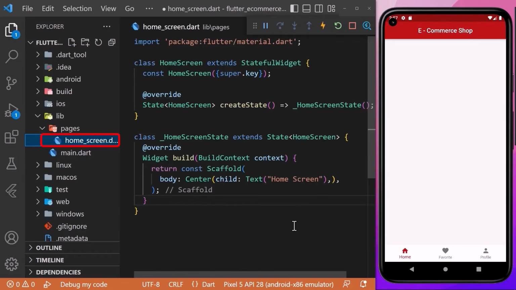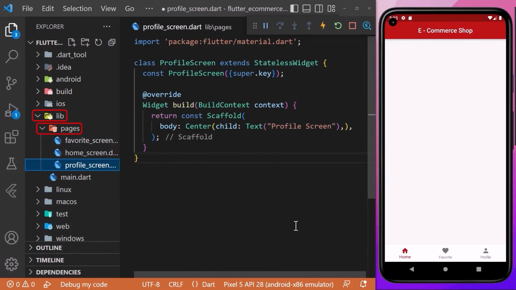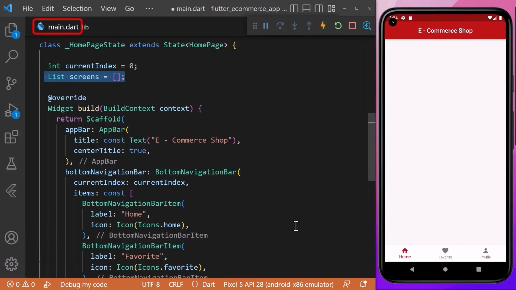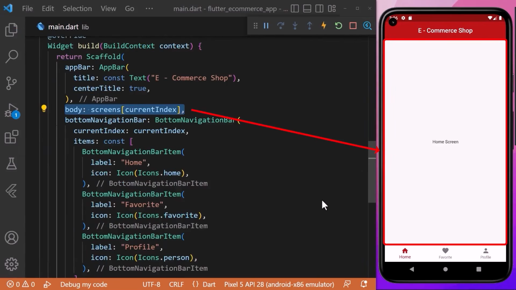Now we need to create 3 different pages. Therefore, we will create home screen, favorite screen and profile screen inside our pages folder in the lib directory. Coming back to our main file, here we will create a list of screens and add our screens inside. Now we will pass our list of screens with the current index that we have already created to the body